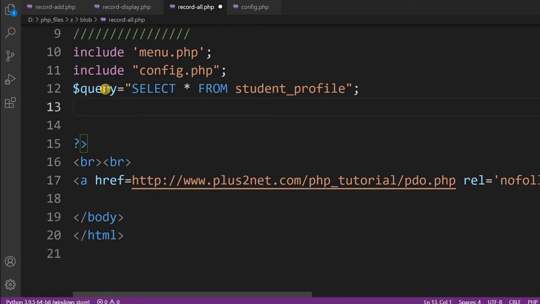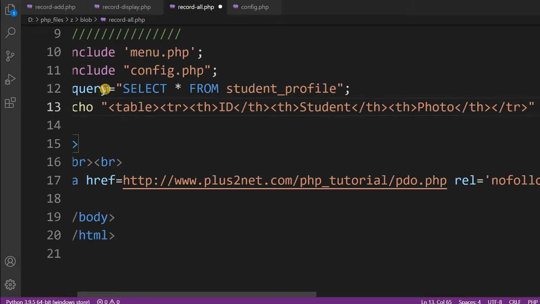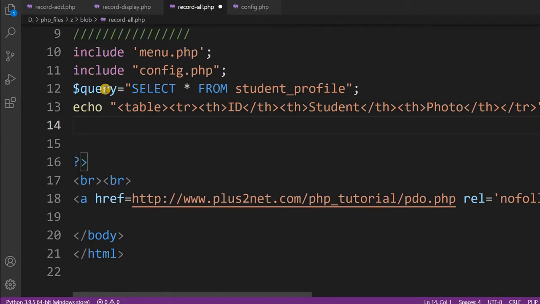Now we'll display it in a table. Let's write the table here. It's a simple HTML table, nothing more in that. So a row, then one header column; first we'll declare ID. These are the headers I am writing, nothing great in that, just HTML tags only. After ID, let me paste the name: student, that's the column name I have used. Then photo or profile, whatever. Now I will end this row here. This is just my simple echo command.